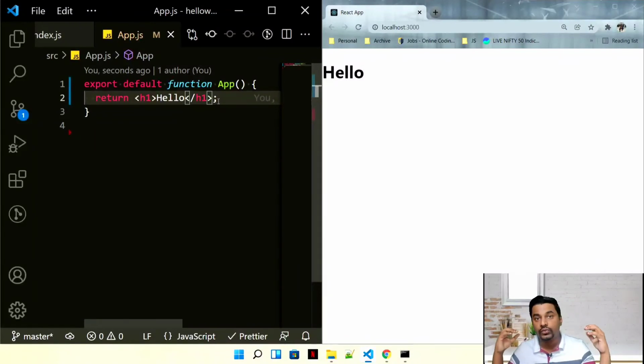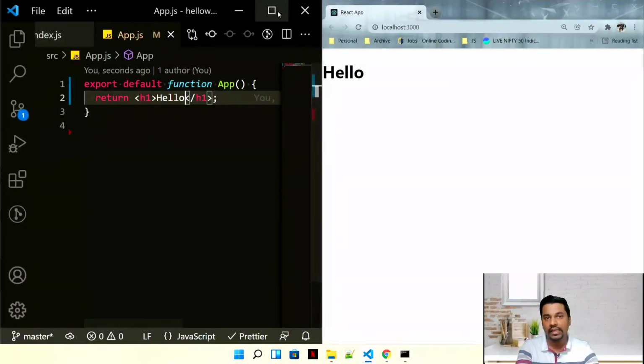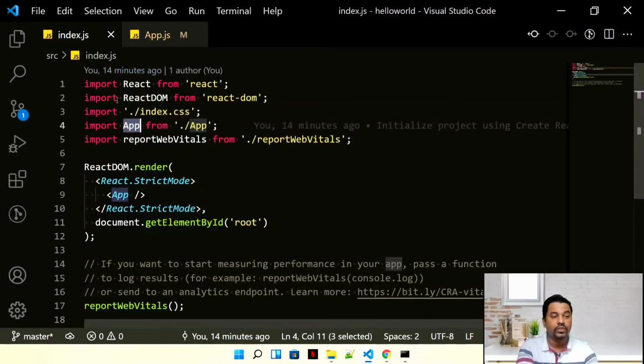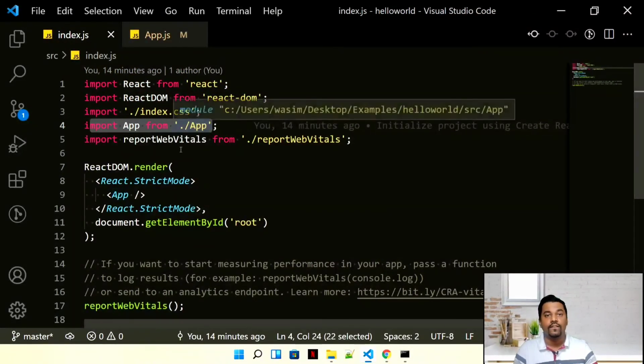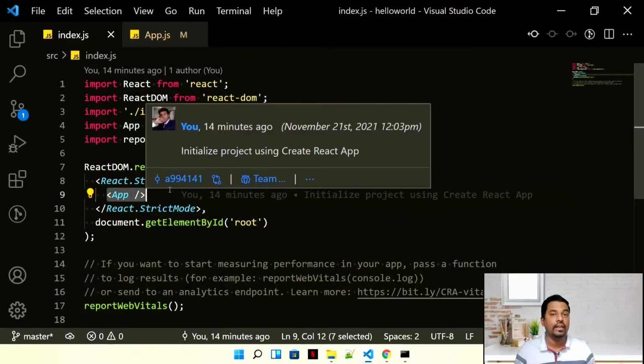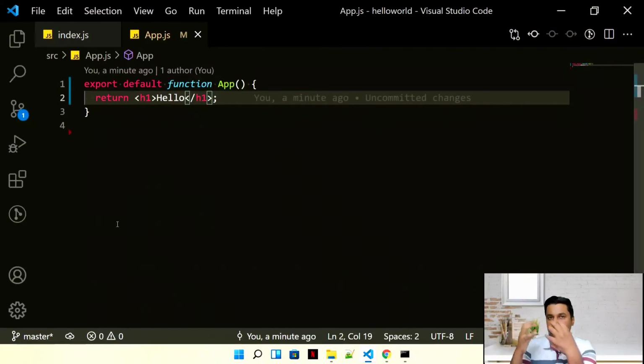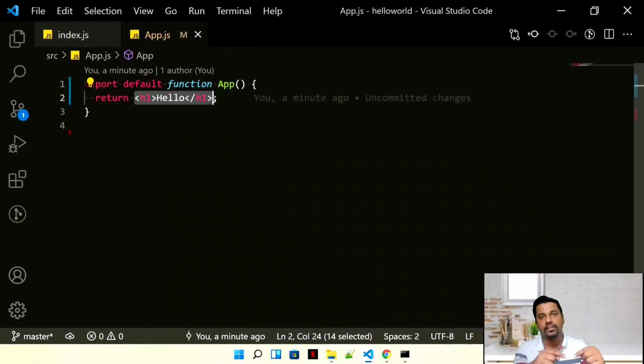I don't want to just throw a lot of information at you right in the first video, but let's understand the basic concepts of what exactly we are doing. Let me just open the page and we will see again what exactly we are doing here. So we are importing an app, that is this app. Whenever you are creating a component, you can write it as a tag, and this tag will help you to render that particular component. Whatever JSX I am writing here, it will just take it and render it in this place.